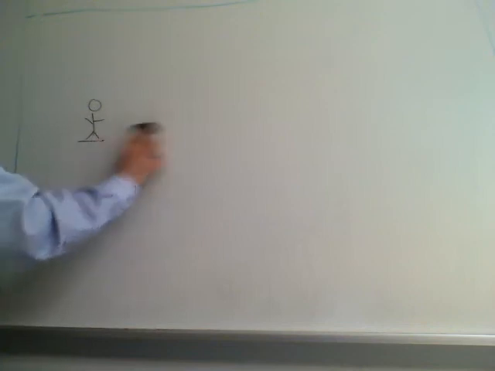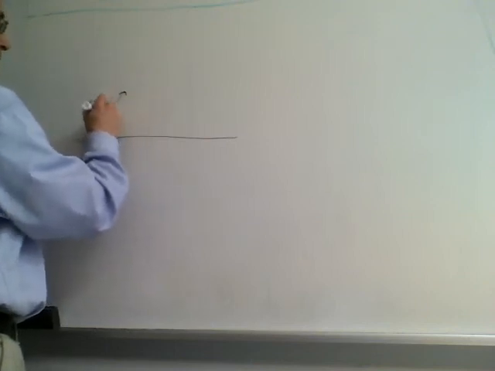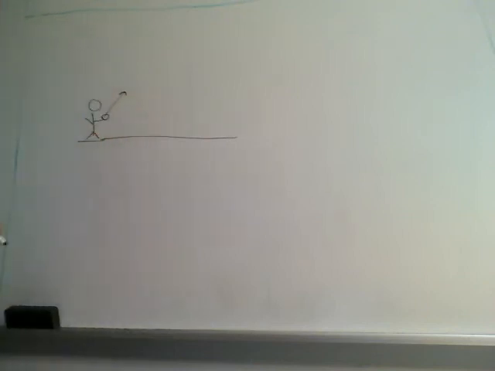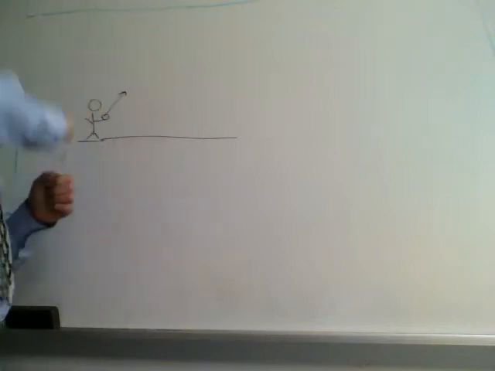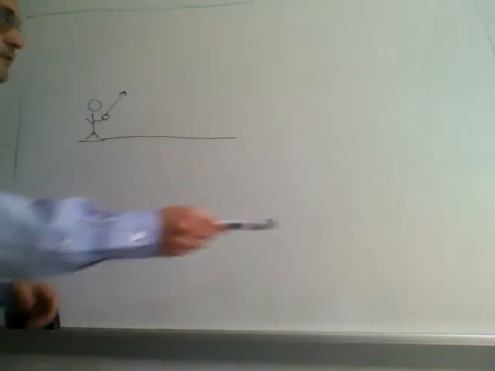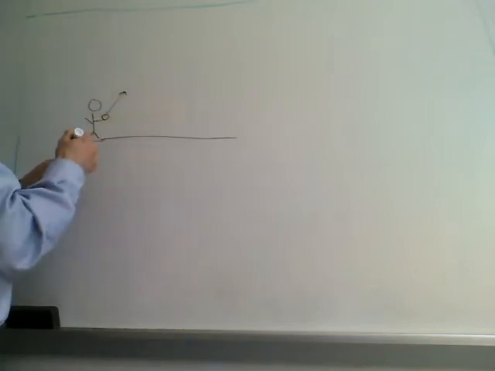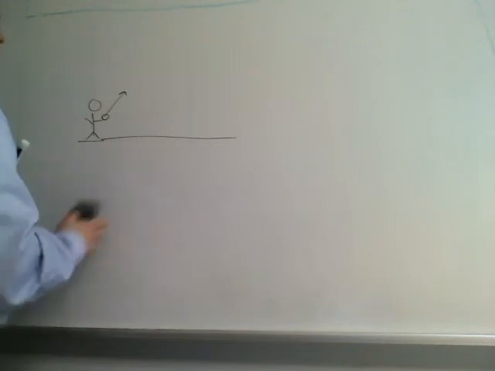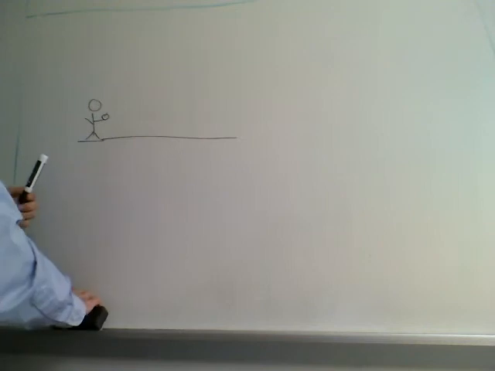But what we need to do now in projectile motion is we need to have our person throw an object, and when they throw the object, they're going to throw it up at some angle. They're essentially going to throw the marker and let it move through some arc. So when you have projectile motion, what you essentially have is motion that combines